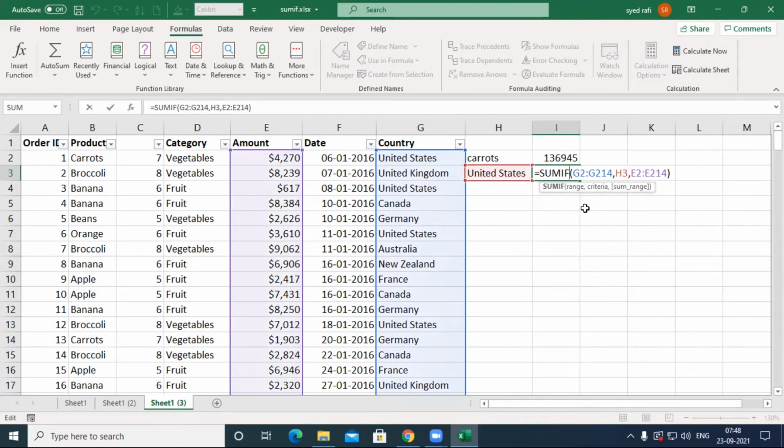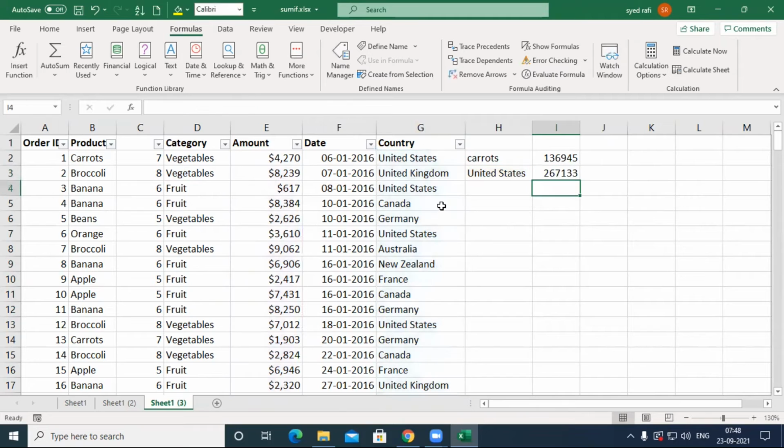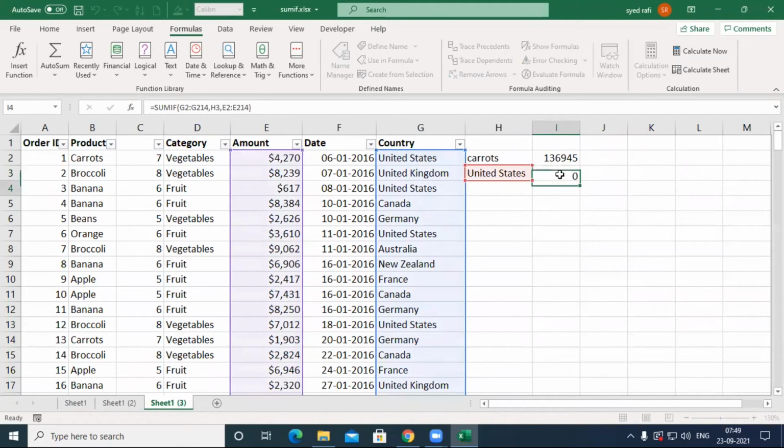Okay, what is its meaning? Its meaning is United States country. We sold different products. I need to know how much value I collect from the United States. That's why I use the SUMIF. Let's check.